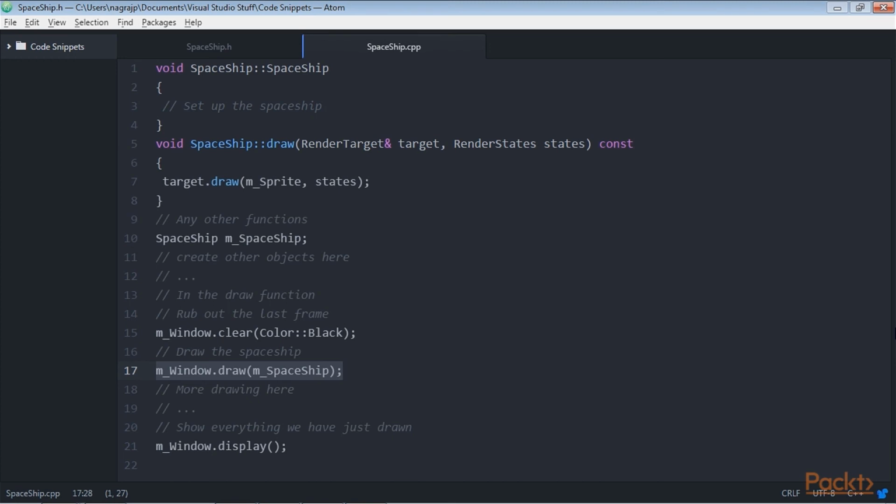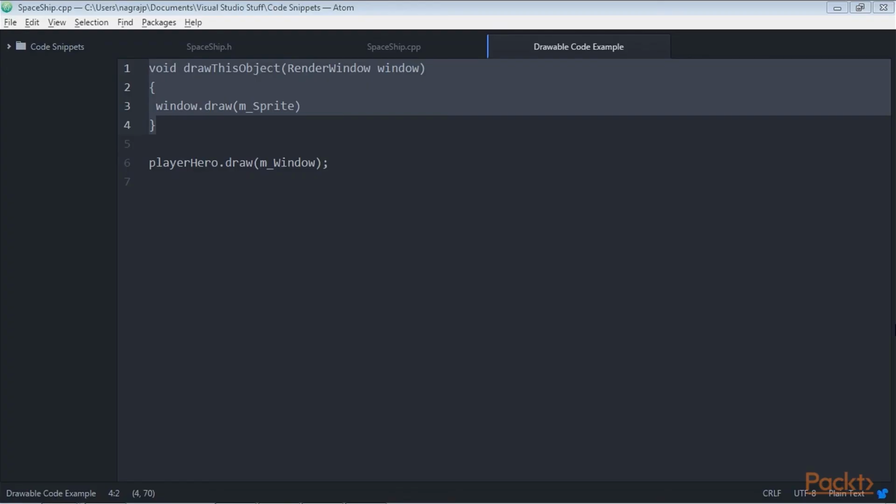Let's look at an alternative way of encapsulating the drawing code into the game object. It is also possible to keep all the drawing functionality within the class that is the object to be drawn by implementing our own function within our class, perhaps like this. This code assumes that m_sprite represents the visual appearance of the current class we are drawing, as it has throughout this and the previous project.